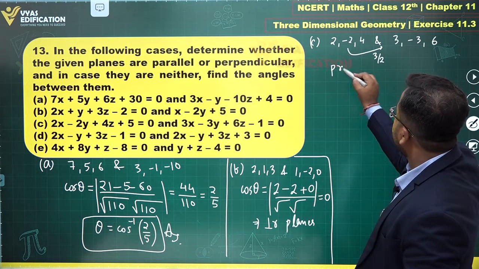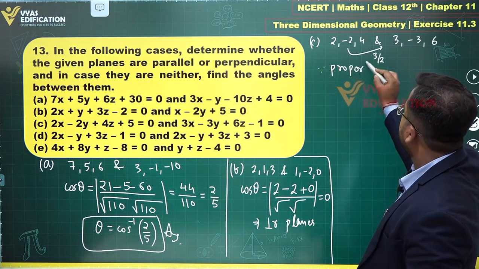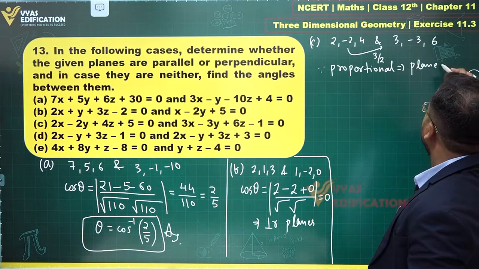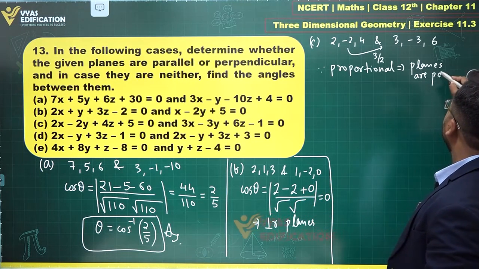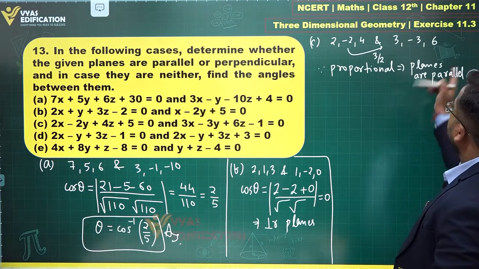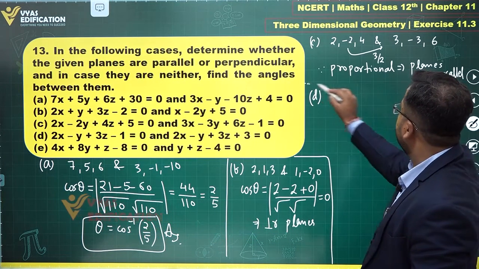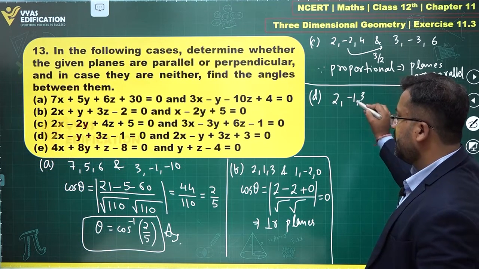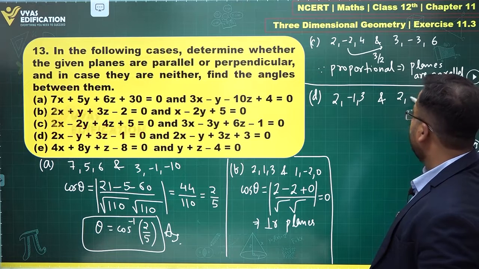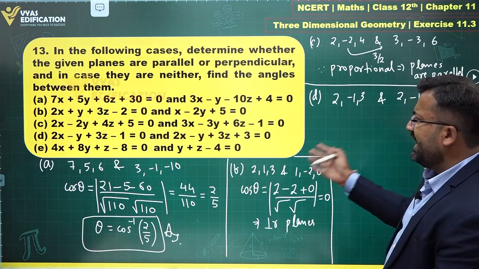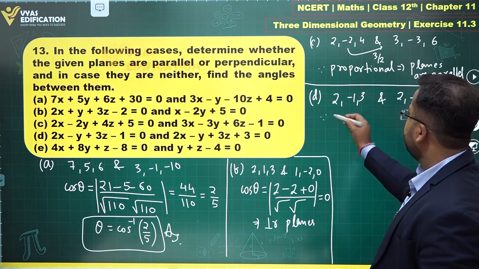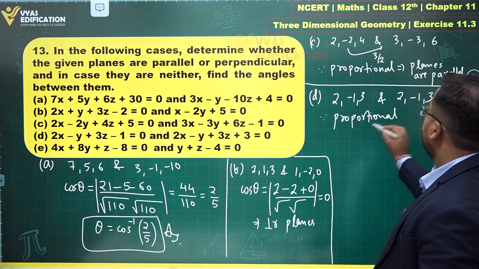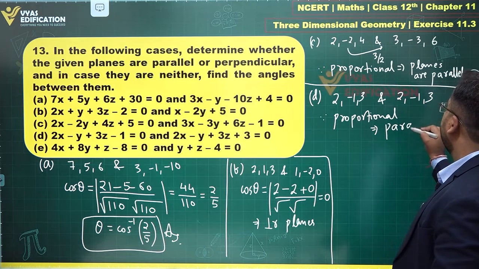So since proportional implies planes are parallel, right? This is what you are getting. What about part D? Let's take a look at part D. In part D we have 2 minus 1, 3 and 2 minus 1, 3. So these are directly same. Since same or proportional, you can say, implies parallel planes,